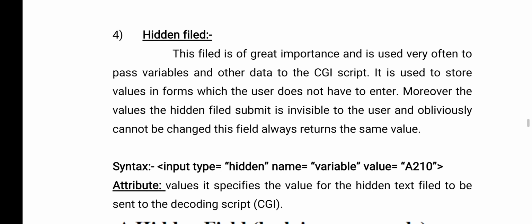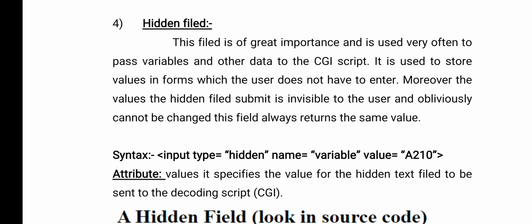Now, next, hidden field. In the name itself you have a definition. Hidden means that information for this field is not provided by the user, and it is a common value for some input values. So when you enter those input values, this hidden field information is also submitted. For example, electronics students are there. I am searching the marks of electronics students. Every time I won't enter third BSc, MECS, third BSc, MPCS.